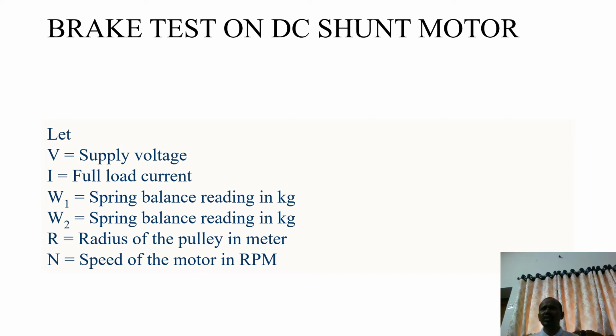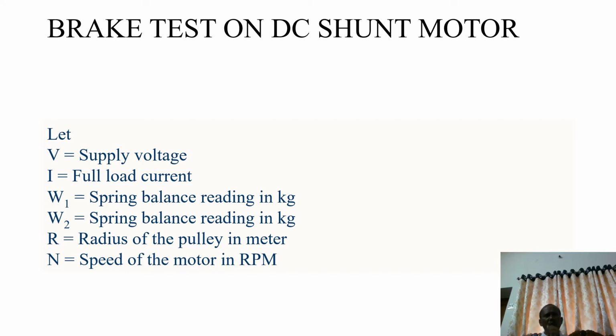Under low load condition, you can note the load current as well as the field current, because you insert an ammeter in series with the field winding. By varying the adjustable rheostat, you can note the field current as well as the load current. You can gradually apply the load. There is a change in the speed we observe, and a change in the load current we observe. Also the spring balances S1, S2 you can note. So when you are conducting this test, you can note these values.